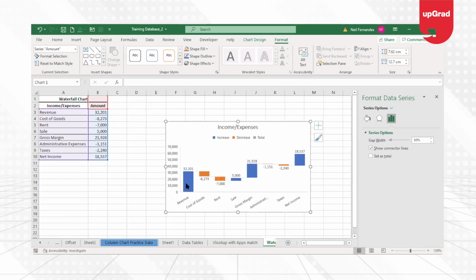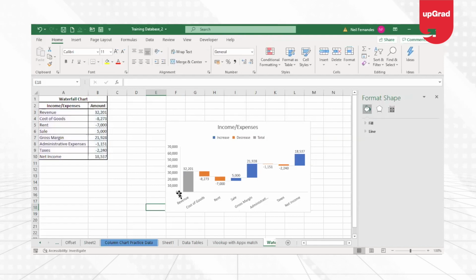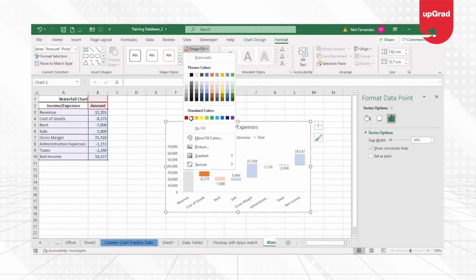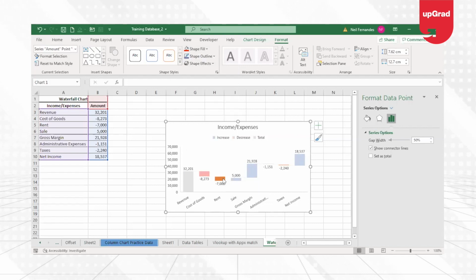Once you select the bar which you want to change into a total, you will see that in the series option, you can see set as total. As soon as I click on that, it will automatically change the color and it will start from 0. Now, this number was anyway starting from 0, but you see the next number, it is showing that it is a negative number. If you want to change the color, you can do that by just selecting that, go on to format shape fill and change the color to maybe red or any other color that is more suitable or that you want to add to.